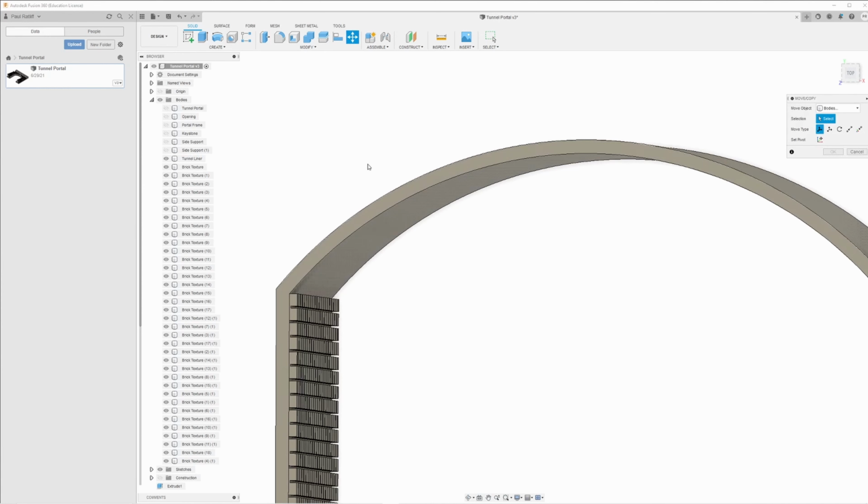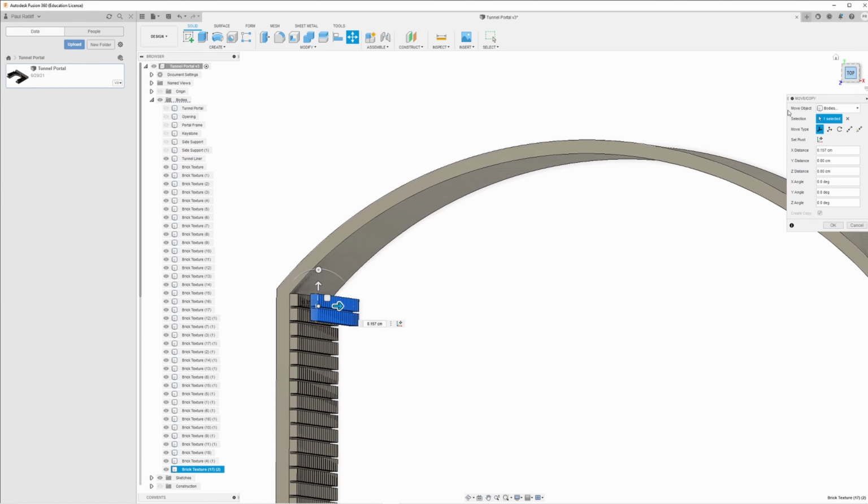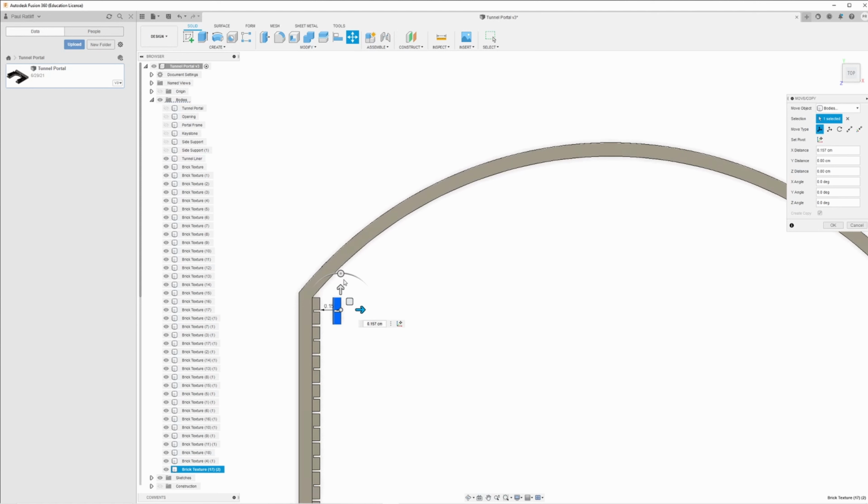So again, let's grab our Move Copy tool. We'll grab this one here first, create a copy. Get this little squared up here. We'll rotate this. It's going to get as close as we can. Leave just a little bit of a gap here. Okay, I'm going to pull it away from the wall here